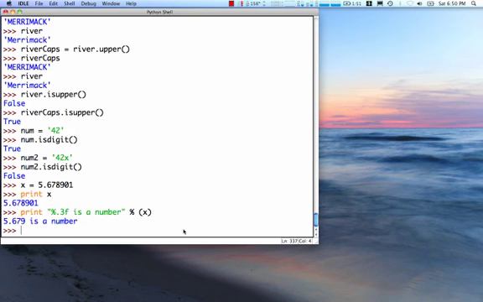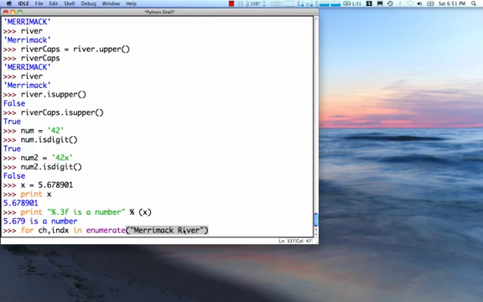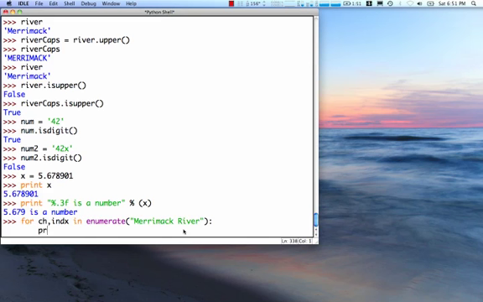So we often use formatting when I want to print out floating point values in a nice way. Another common thing to do is to print things out in a table. So if we go back to our enumerate, let's enumerate the whole Merrimack River. And if I simply print the character and the index,